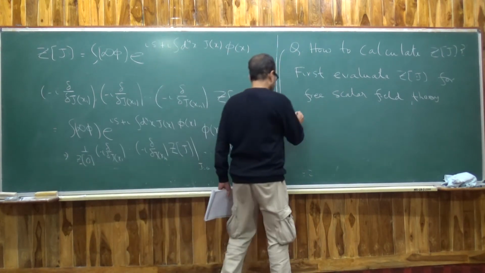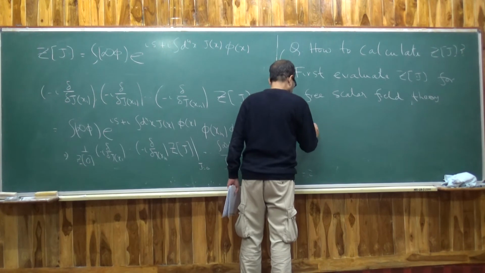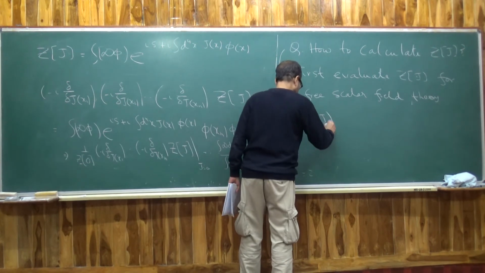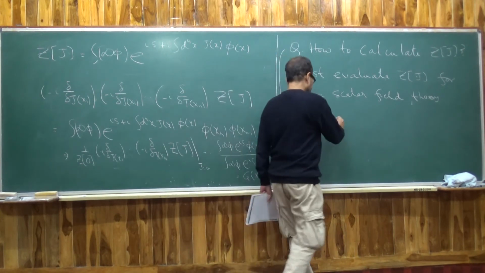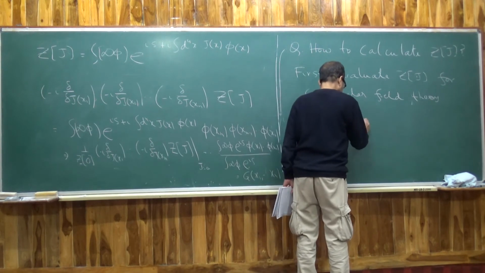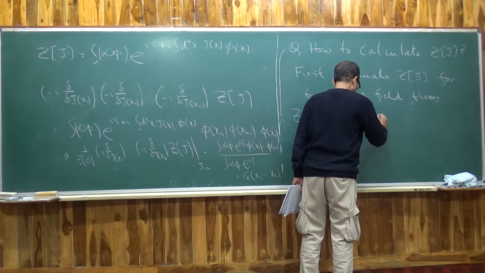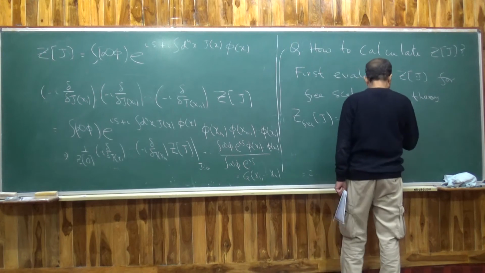Okay, so let's call this Z of J, which is the integral d phi exponential i